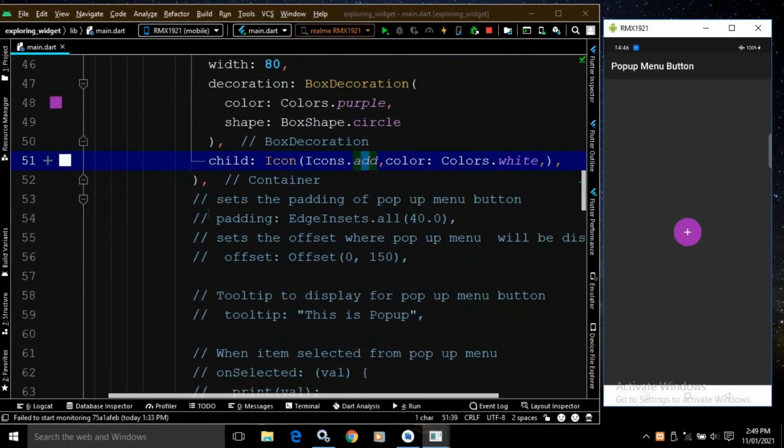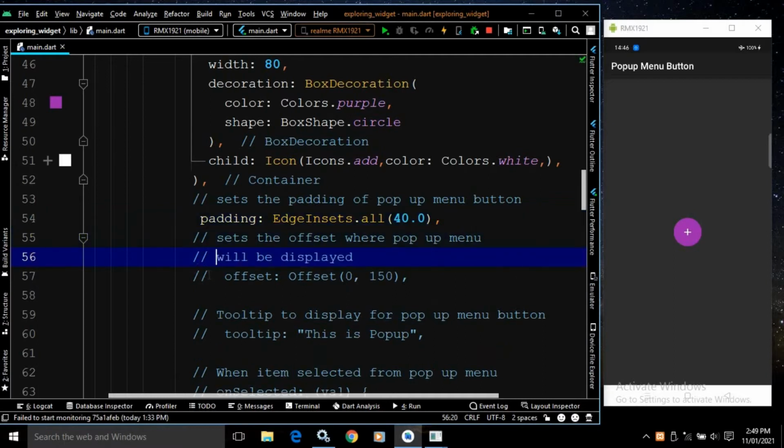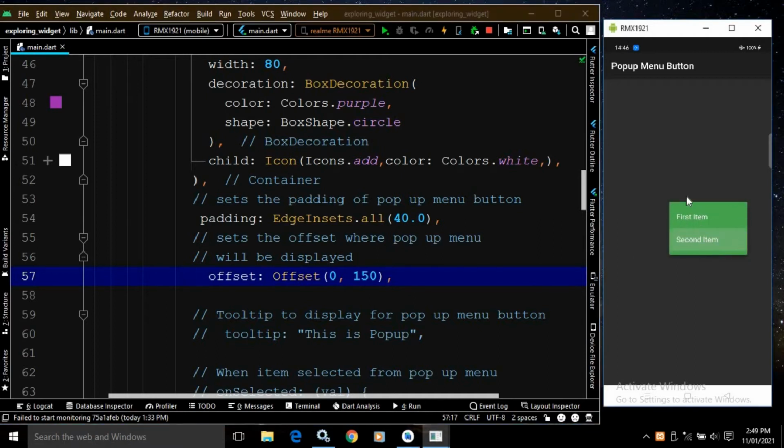Now it has another property which is called as the padding. Now as the name is suggesting, it is used to specify the padding for the pop-up menu button. Okay, now it has another property which is called as offset. Now here if you see, if I click here, then you will see these pop-up menu items are generated here,